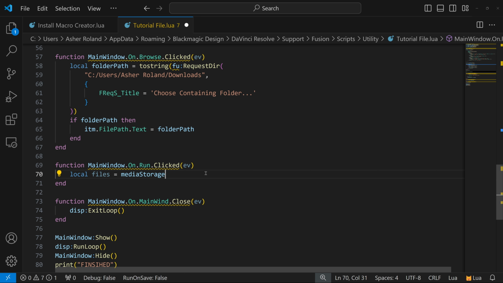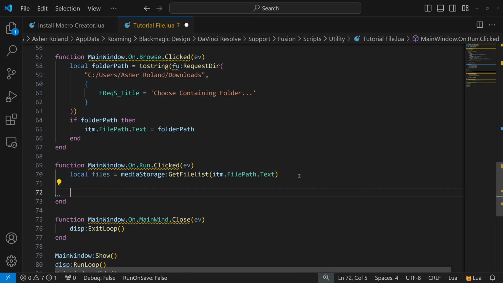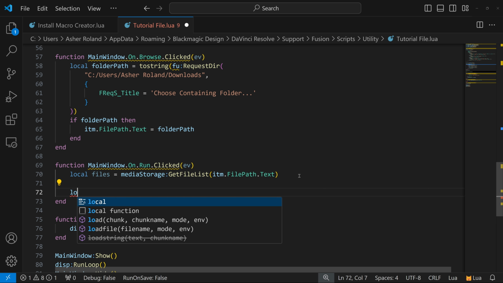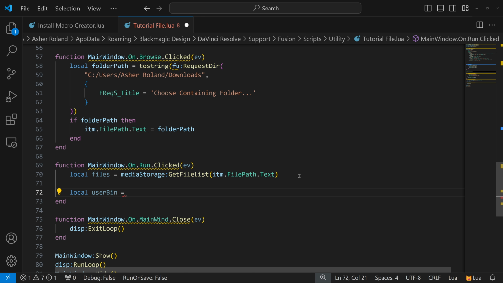And we're going to do media storage, get file list, and we're going to give it the directory, which is just going to be this string. This is just going to return all of the files that we're going to need to have, meaning all the file paths. Now let's go ahead and just get whatever bin the user wants. So we're just going to make another variable and we'll call this user bin. So just the user's bin. And we're going to get it from